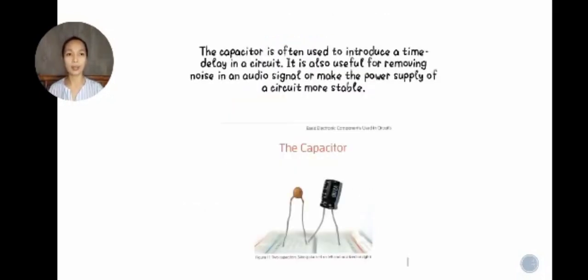Capacitor. The capacitor is often used to introduce a time delay in a circuit. It is also useful for removing noise in an audio signal or make the power supply of a circuit more